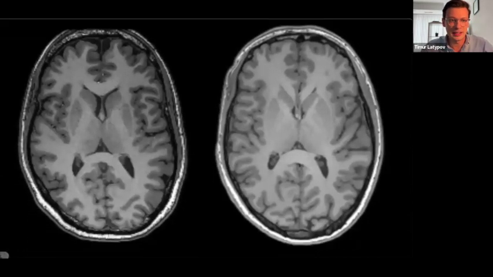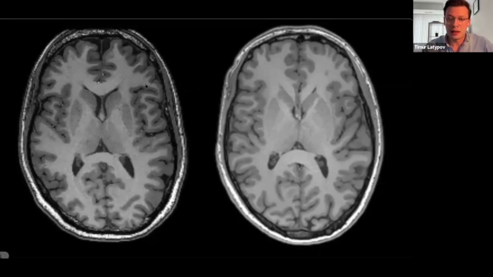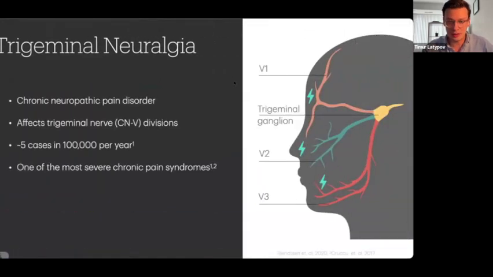All right. I'll start by showing you two pictures of brains. Both brains here appear fairly similar to normal, but one of these scans in fact belongs to a patient who is experiencing excruciating chronic facial pain. This highlights the challenge clinicians and researchers face in identifying pain, since there are no reliable objective measures of this condition. The severe pain I mentioned earlier is called trigeminal neuralgia. Just a bit of a disclosure, pardon.